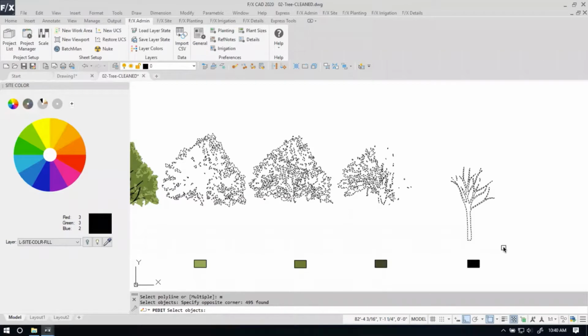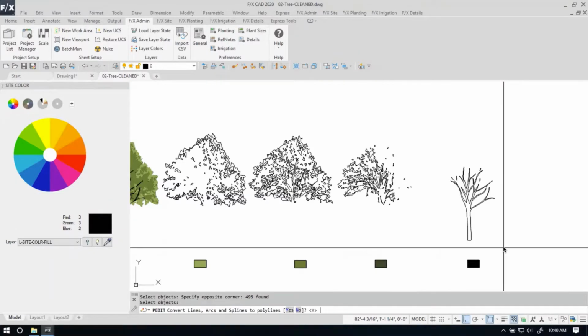And when I have them all selected, click enter. And I want to convert lines, arcs, splines to polylines. So choose yes there down at the bottom. And then it's going to ask for a precision to turn those splines into polylines. And the lowest number here is 1. That's going to be the simplest way to do it. So type in 1, hit enter